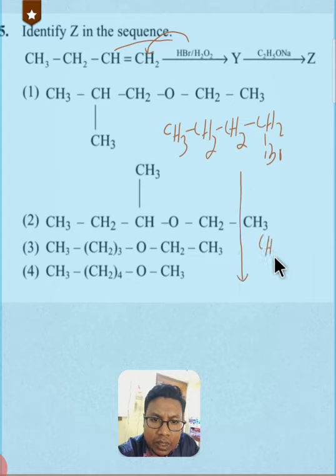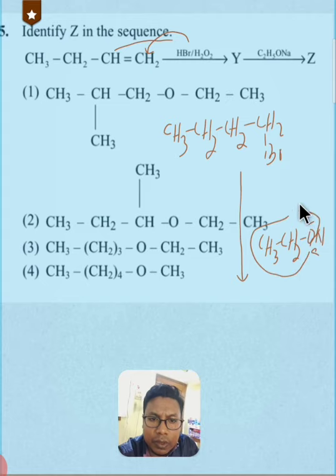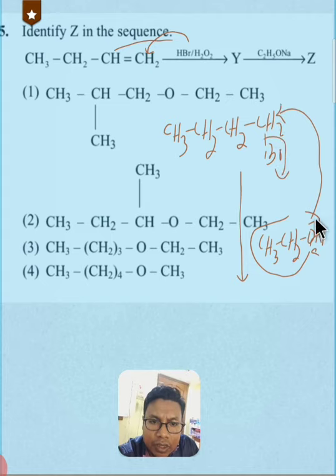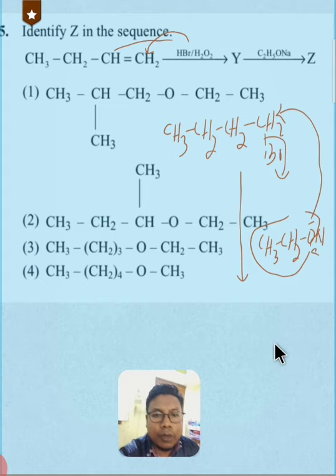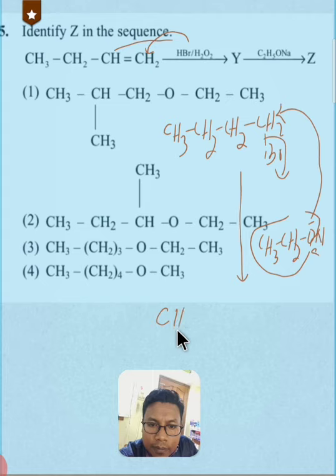This is our sodium ethoxide, with Na written here. This ethoxide will be our nucleophile and will attack this carbon atom to displace this Br. Br and sodium will combine to form NaBr, and our final product will be this one, CH3,